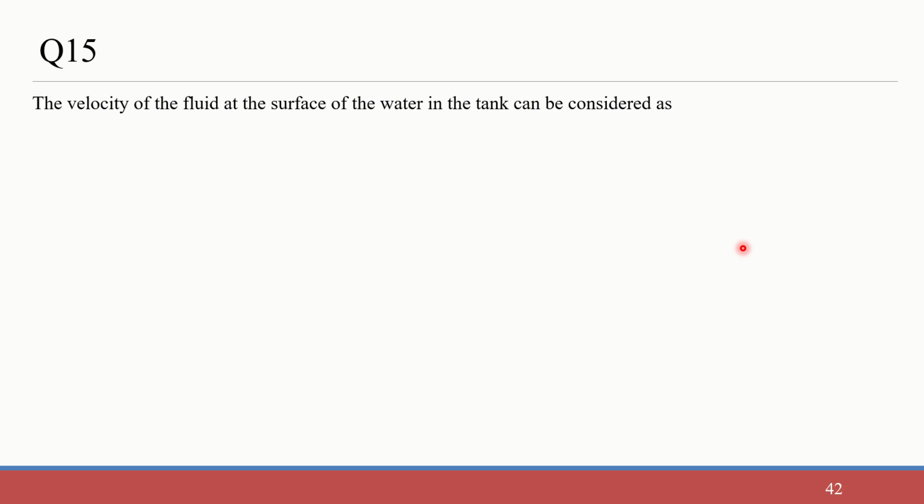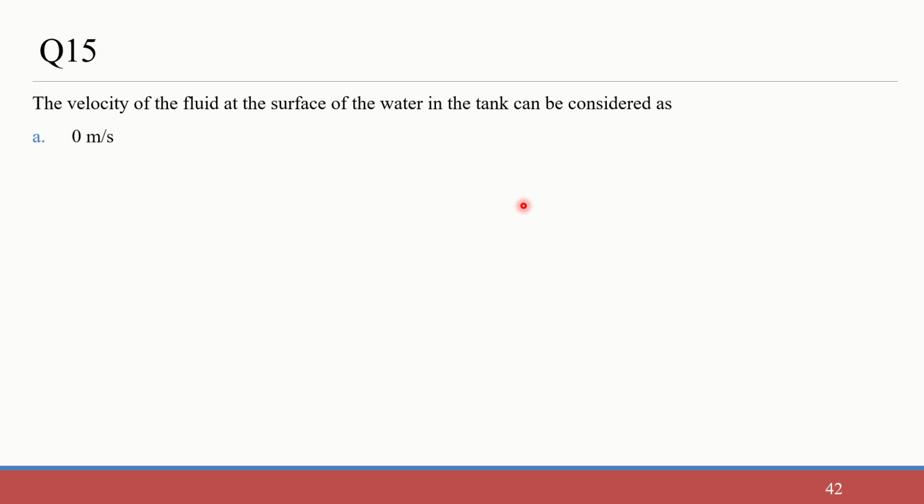In the question, it is given that the velocity of the fluid at the surface of the water in the tank can be considered as dash. So again, Q is equal to A into V, so V is equal to Q by A. That is the problem. Now if we do it with that, the options are